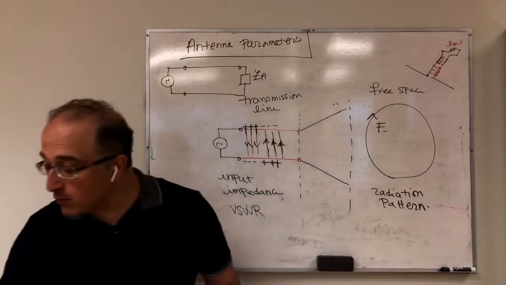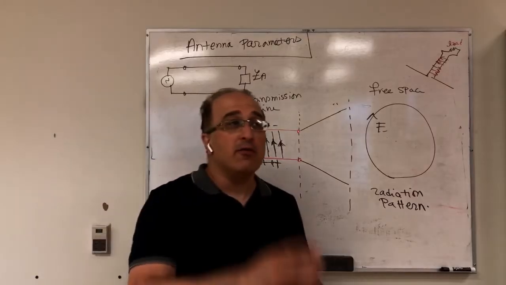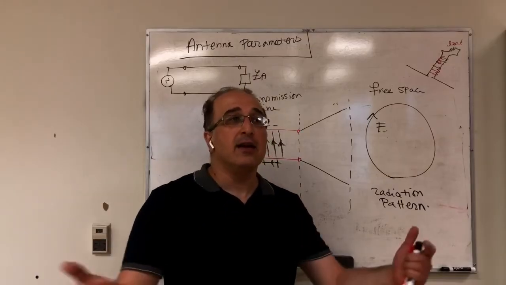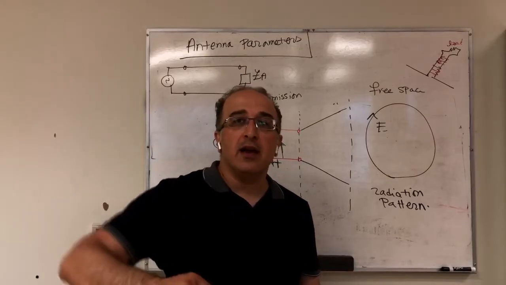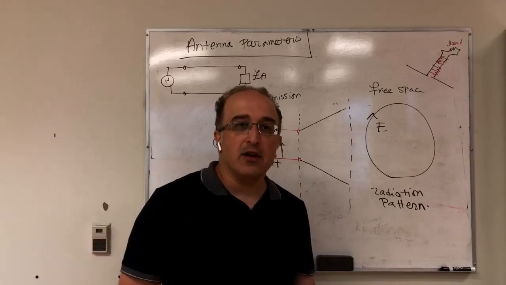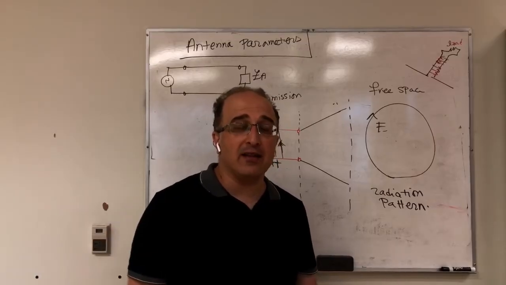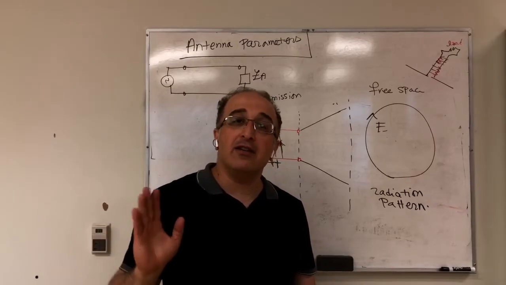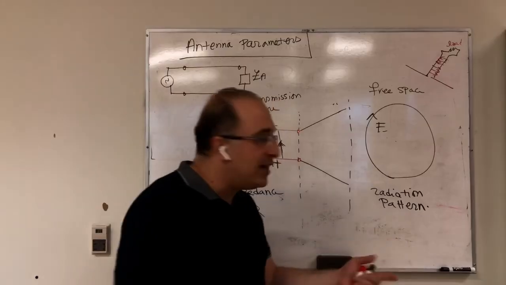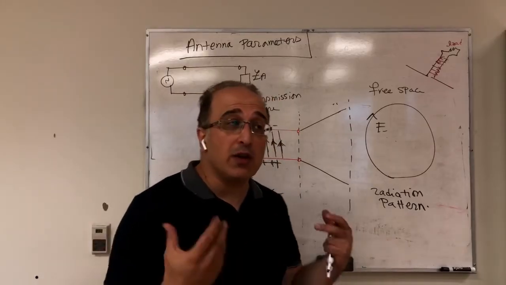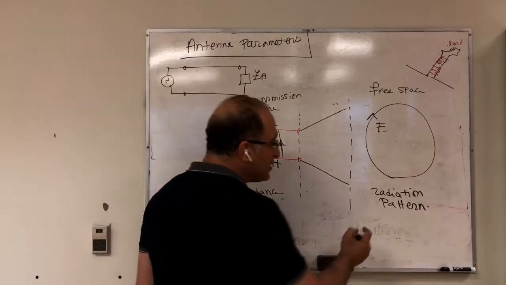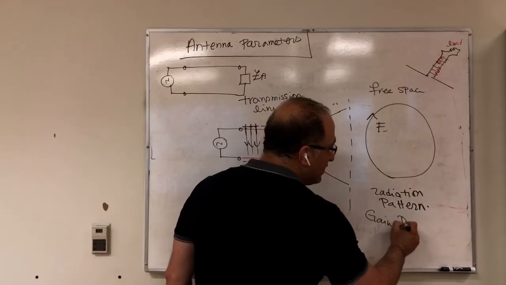You should know that. Sometimes you want to have, for example, your maximum radiation towards a certain angle, let's say theta equals 20. Sometimes you get interference from another direction and you don't want to receive from that direction, which is equivalent to saying you don't want to radiate to that direction. So in that case, you want to create a null in that direction. So these are all radiation pattern. And then radiation pattern can be more quantitative, so you can associate meaningful numbers to radiation pattern, and that brings us to gain of the antenna, directivity of the antenna,